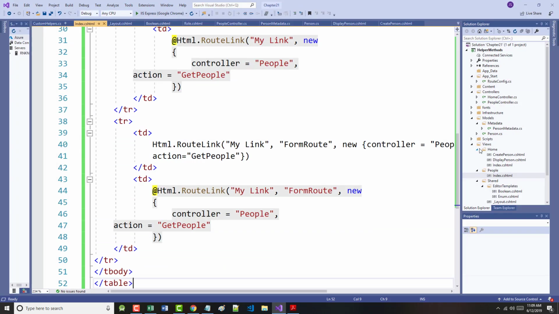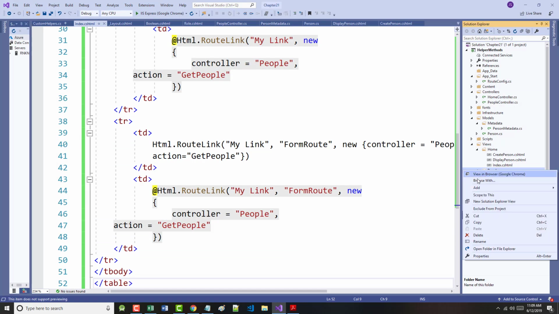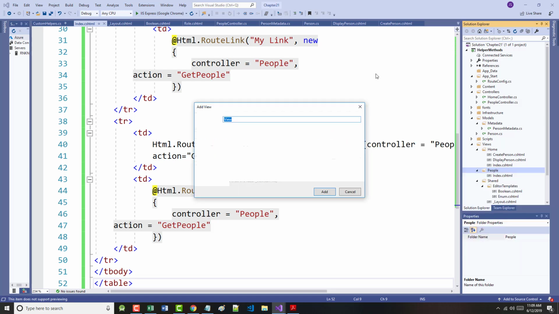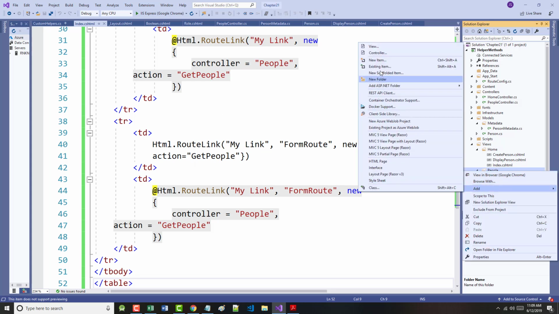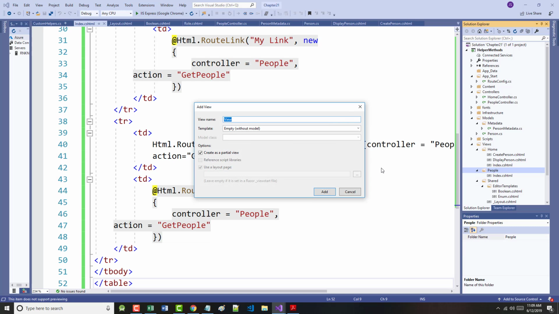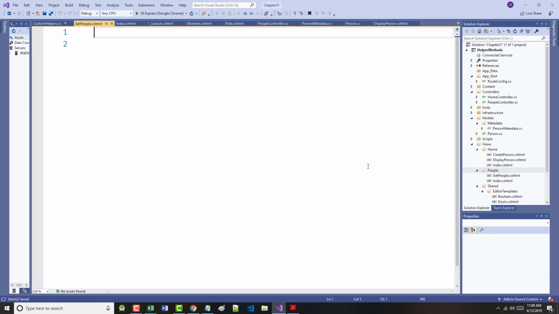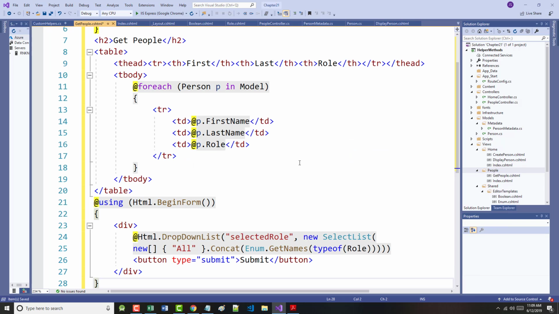So we're under views, people, and we want to add a view that's called get people. Okay, and we're going to put this in there. This means the information that is shown on the bottom of page 650. Okay, and again, as I've gone back and forth between person and person metadata, I've had nothing but